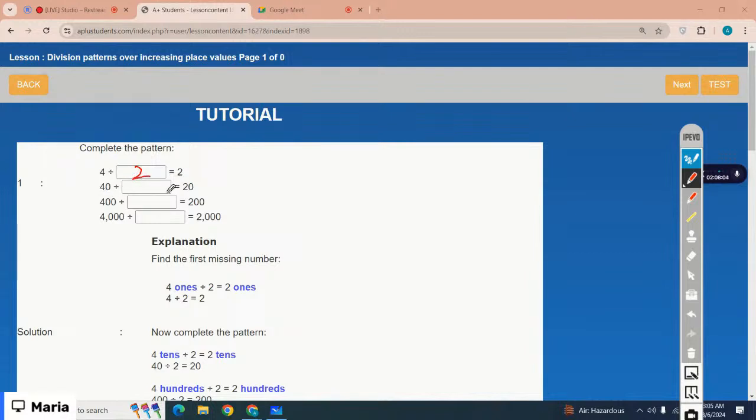Then you have 40 divided by what number is 20? Now you are going to divide tens, right? So the divisor is in tens, the dividend is also tens. That would be 2 tens. So 40 divided by, sorry, 40 divided by 2 is 20. Then 400 divided by 2 is 200, and then 4000 divided by 2 is